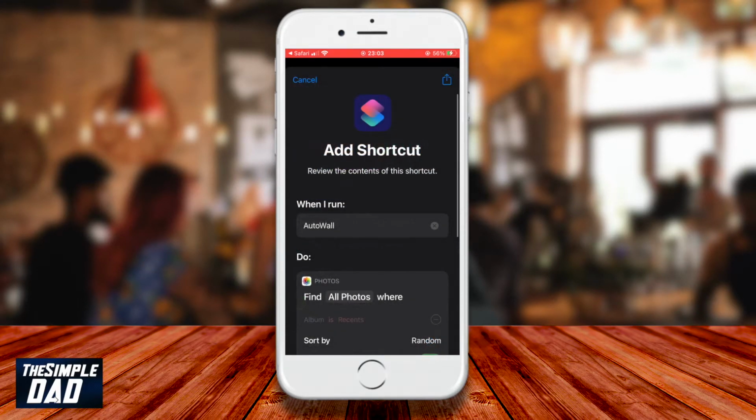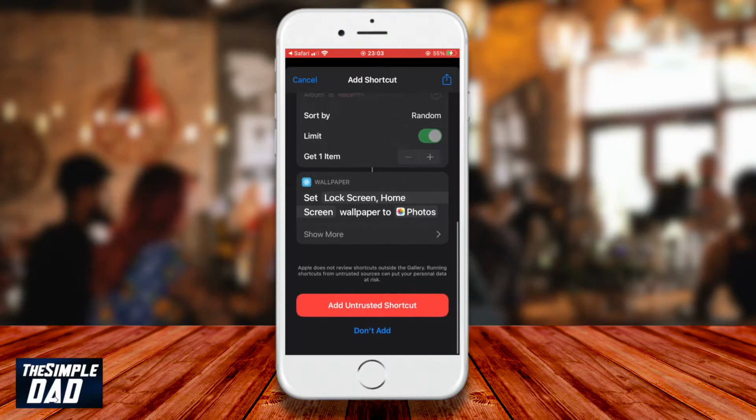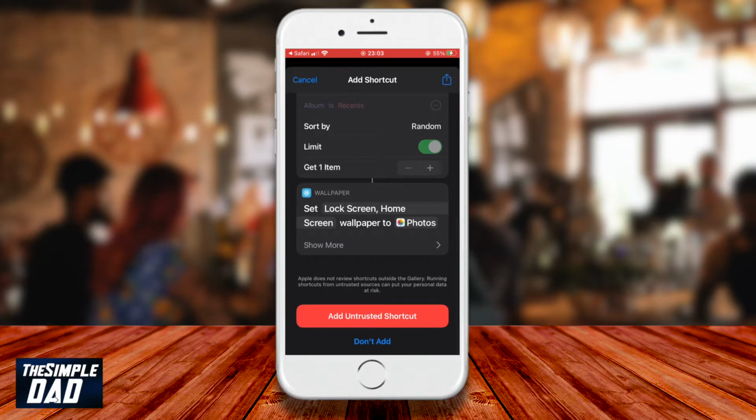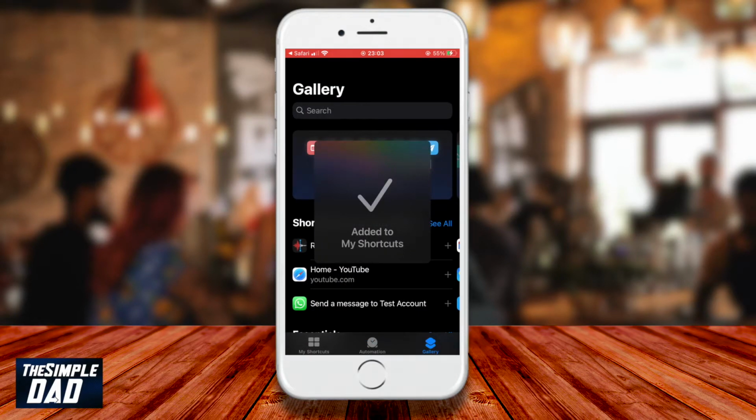Scroll down all the way and tap on Add Untrusted Shortcut. Make sure you have allowed untrusted shortcuts by going to your Settings, Shortcuts, and then enabling Allow Untrusted Shortcuts. Once that is done, you should get a notification on your screen saying it has been added to the Shortcuts